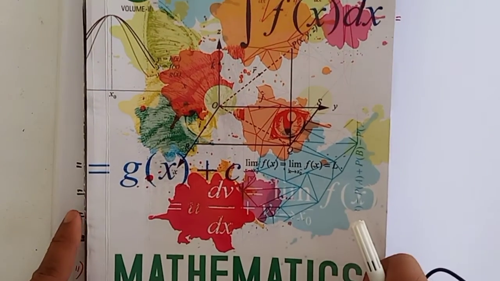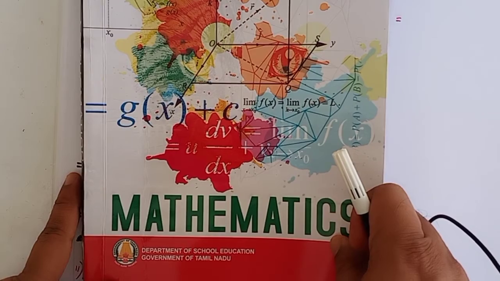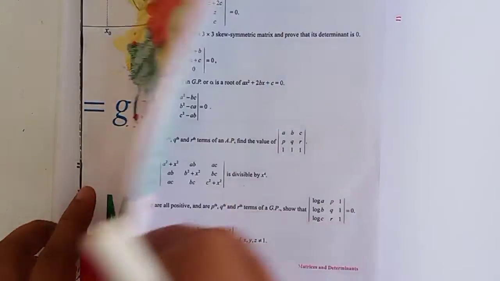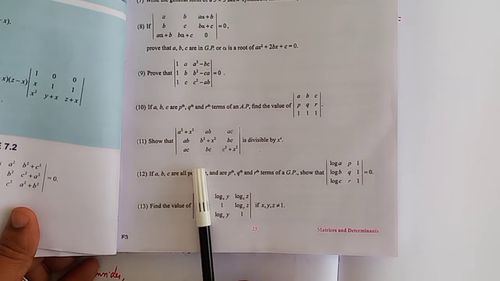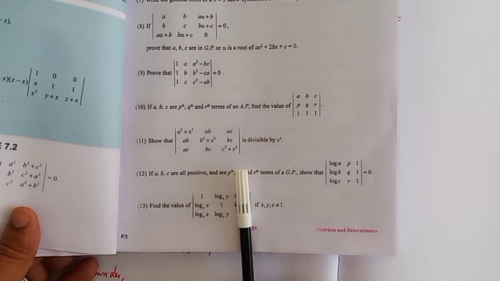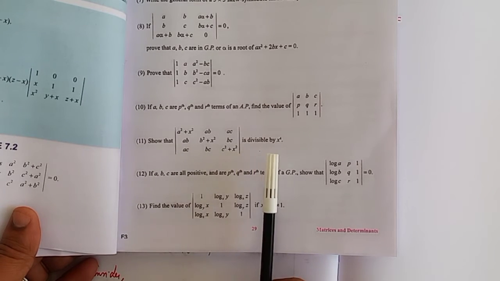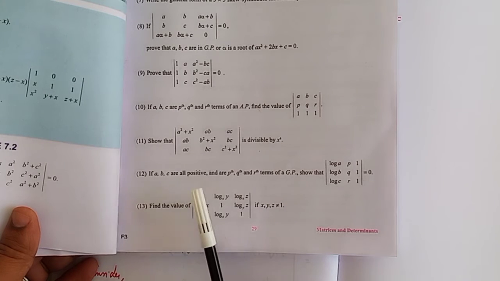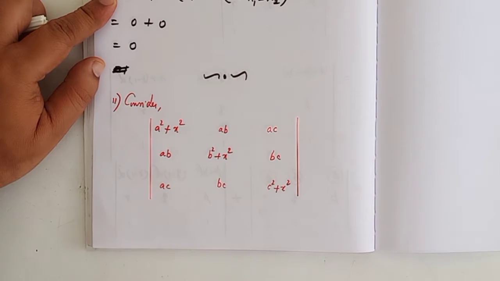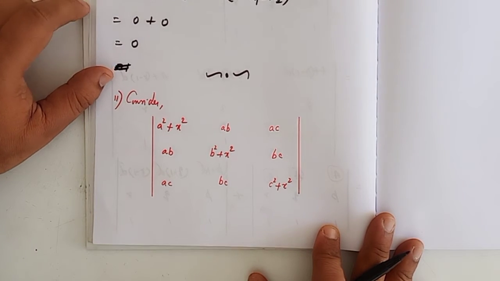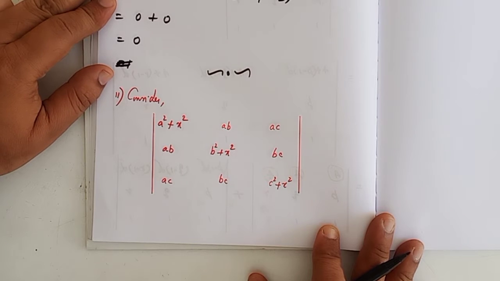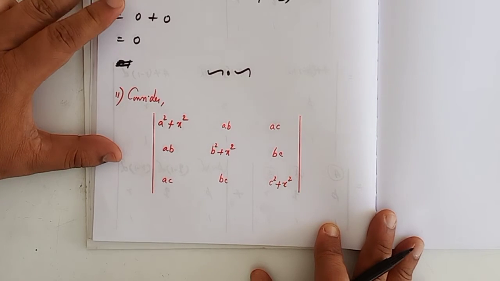11th standard mathematics, chapter number 7, continuation of exercise 7.2. Now problem number 11. Show that the determinant value is divisible by x power 4. Here is the determinant. For getting the value of the determinant which is divisible by x power 4,